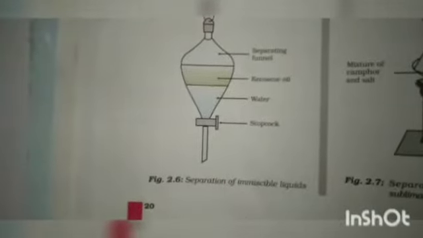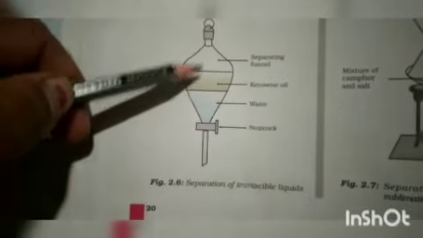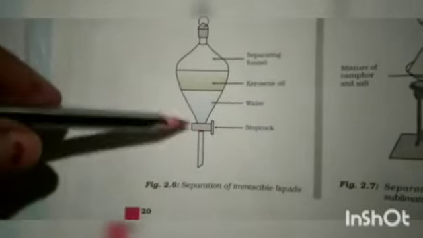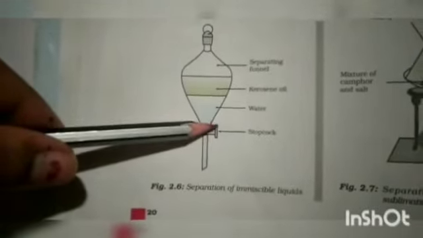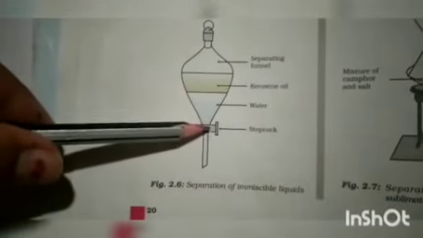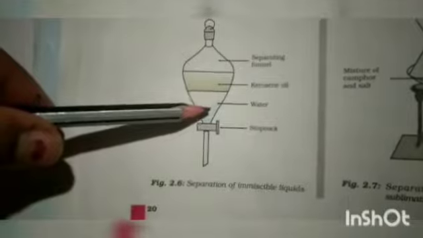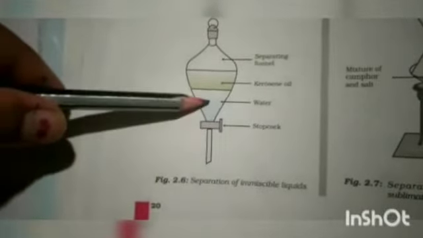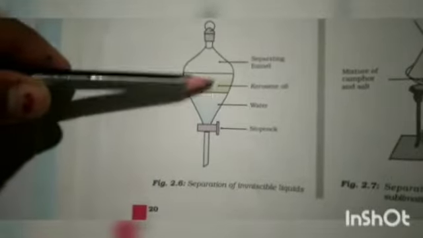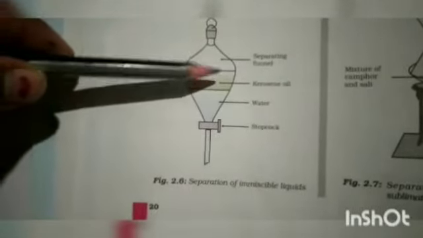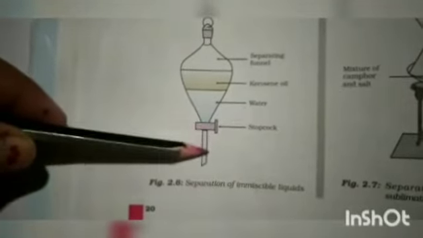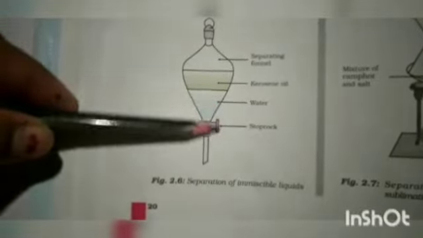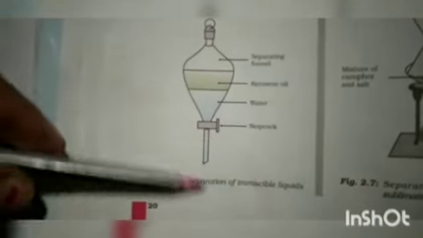After some time, if it is undisturbed, it will form different layers, oil one layer and water another layer. Okay, after forming the layers, you have to open this stopcock of the separating funnel and pour out the lower layer of water. Now look here, you know that oil will float on the water, right? Now the oil is a separate layer and the water is here. So if you open this stopcock, the lower level will flow into this.